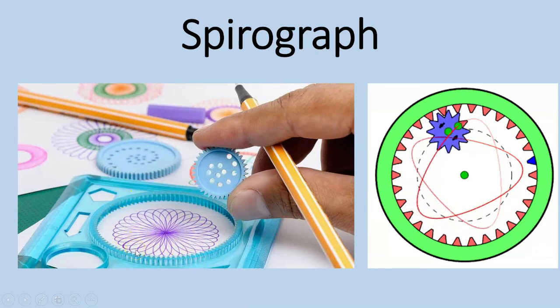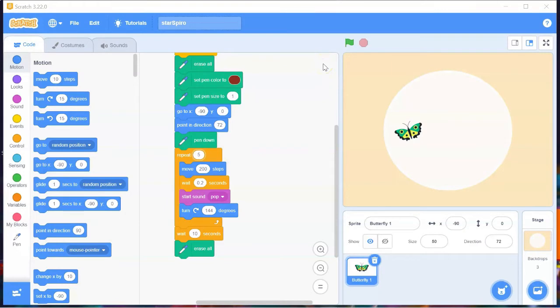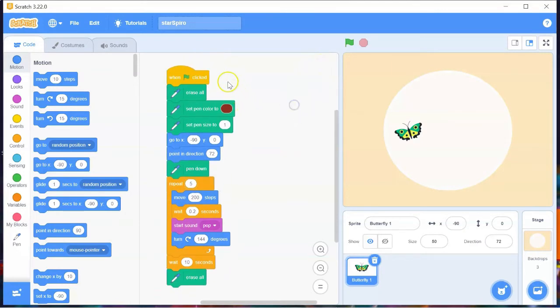Now what happens once you rotate it in a circle as shown, it is going to draw a very nice graph which is called a spirograph. And if you change these holes, it is going to create different geometrical shapes. These geometrical shapes are called spirographs. Now in the last session, we coded this star project.